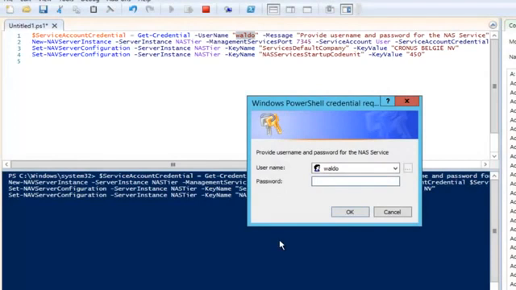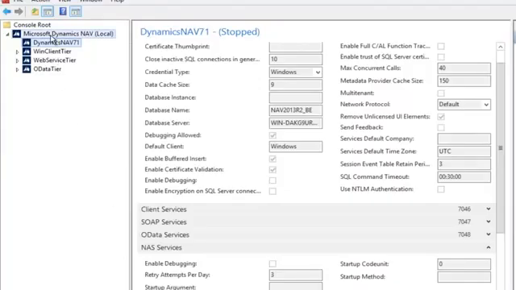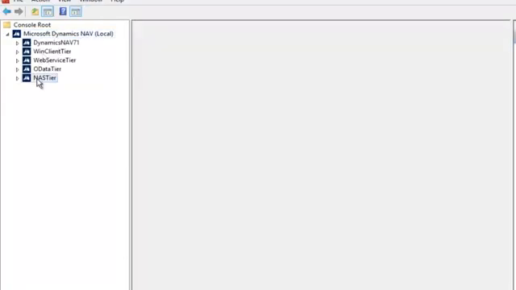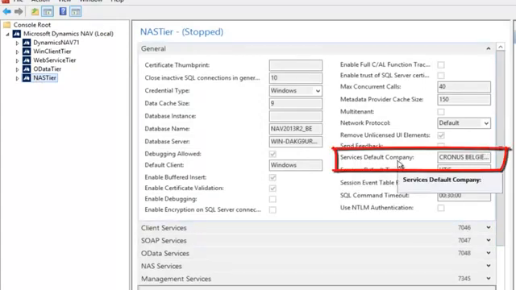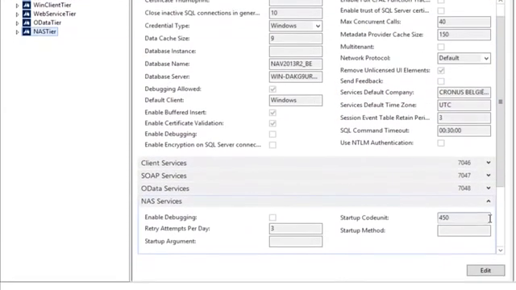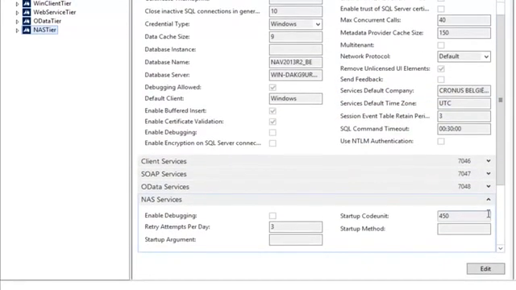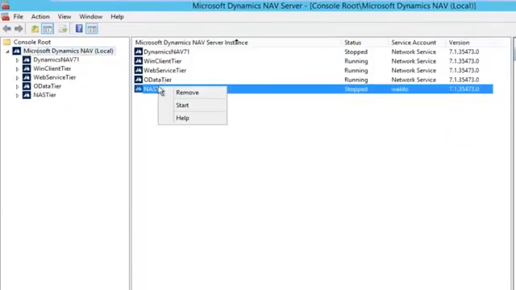So let's do this. I have to provide the password for my credential, and here we go. Let us check. My NAS tier has been created. The service's default company has been filled in. My NAS services have got a startup codeunit, so it's going to start it. So let us start this one